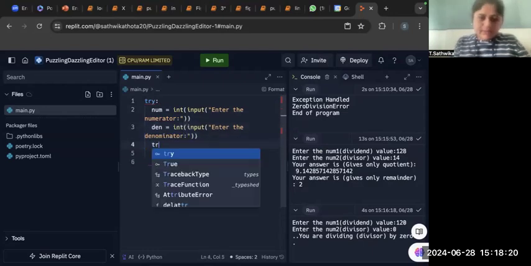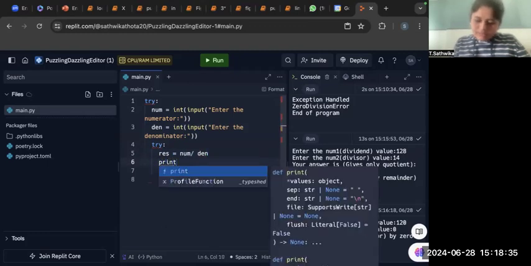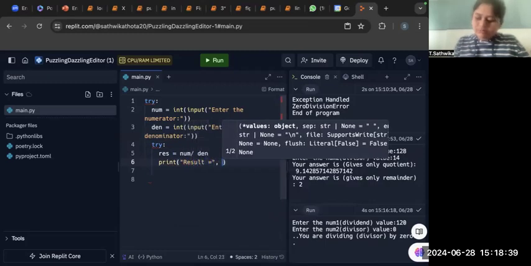Now next, let's try result is equal to numerator upon denominator. Then we have to print "result is equal to",